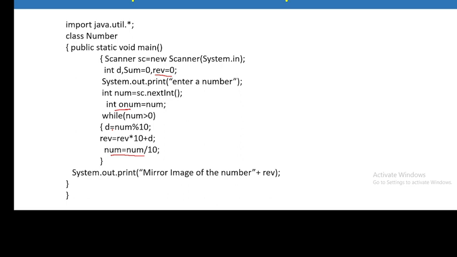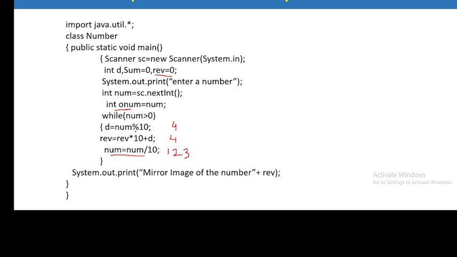Again, if you see here, the digit has been separated out. Now we are writing this formula: reverse multiplied by 10 plus d. If we take the same example, the value of d in our example will be 4 and reverse will be 0 multiplied by 10, that means 0, plus d. So the current value of reverse is also 4. Now this number has been updated. In the first step, the number will become 123, which is still greater than 0.